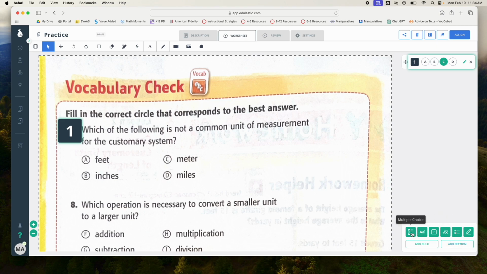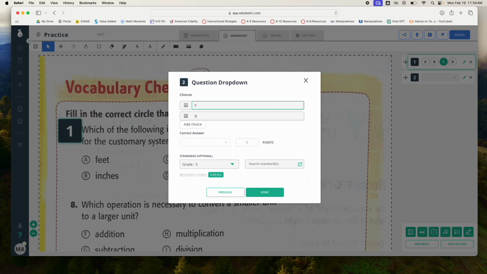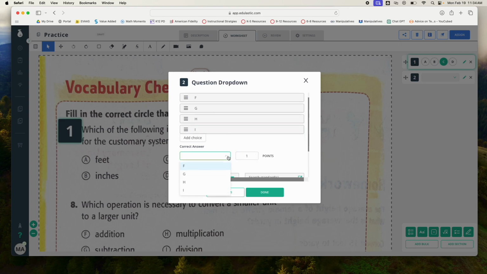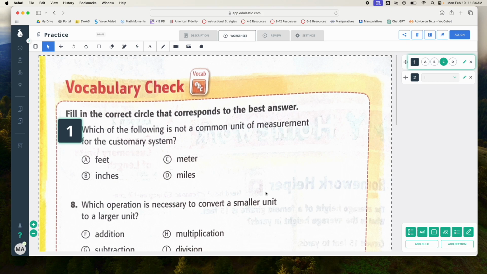For question 8, you'll notice that it's A or F, G, H, I for the answer choices. So I selected a text drop down. That way I can edit the responses. So there I just changed A out to F, so on and so forth, making it fit what question 8 is actually asking for. And then we've got to drag number 2 over top of number 8's number so they know which question goes